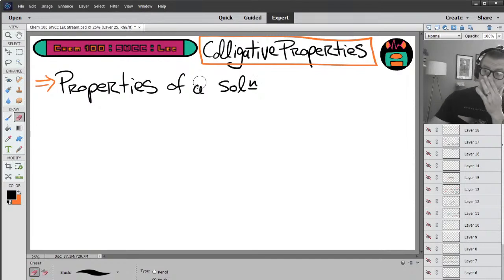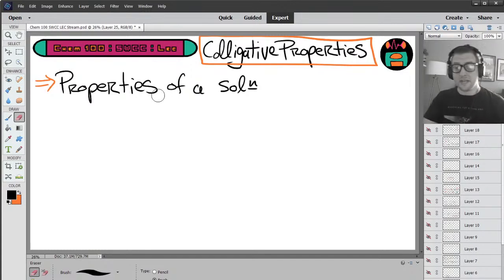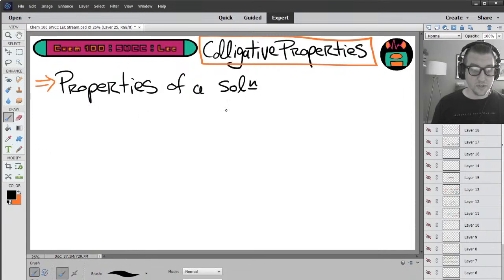I can definitely say that they won't exclusively be dilution problems. There will definitely be dilution problems on the next exam. So it'll be a meet you in the middle kind of gift, but it won't be 100%. That's for sure. So colligative properties are properties of a solution